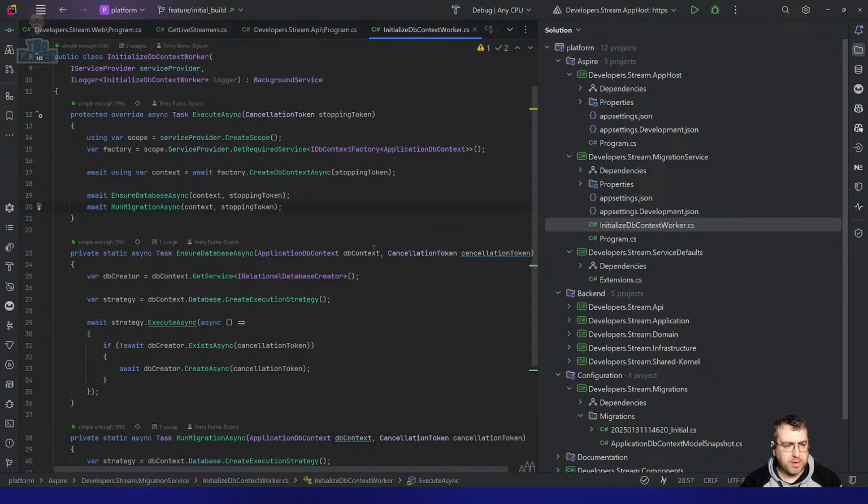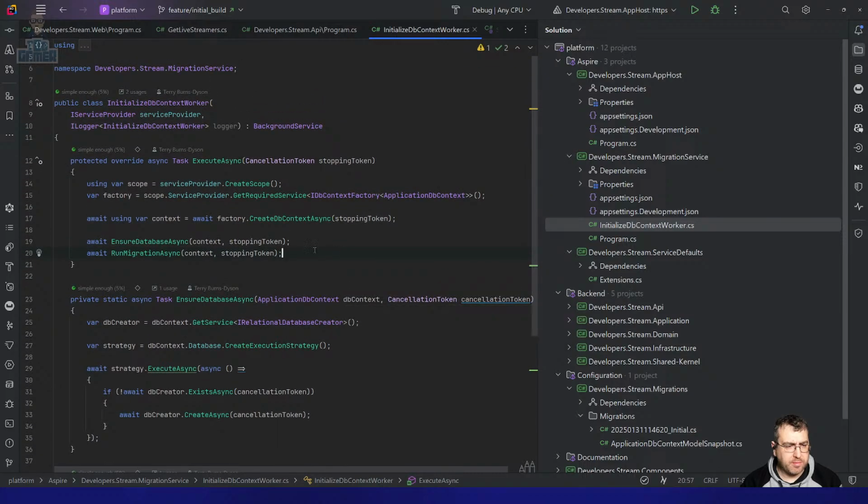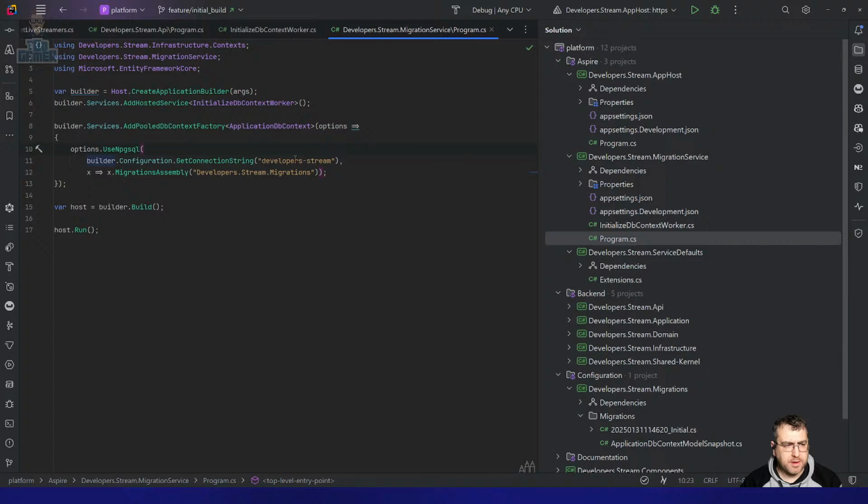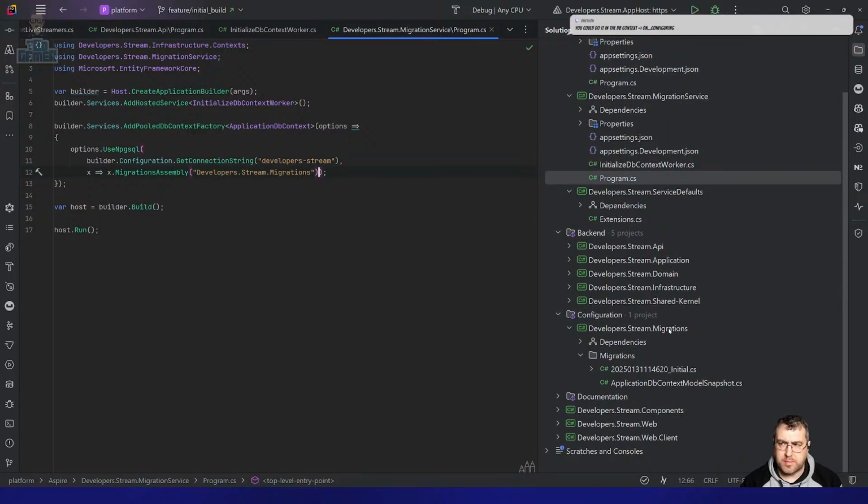I wanna learn about that one. The execution strategy isn't something I've seen before. So it would be here where we'd seed it. But this migration service is going to run whenever it's in Aspire. Right, but I don't want to mess around with the DB context is what I'm trying to think about, because